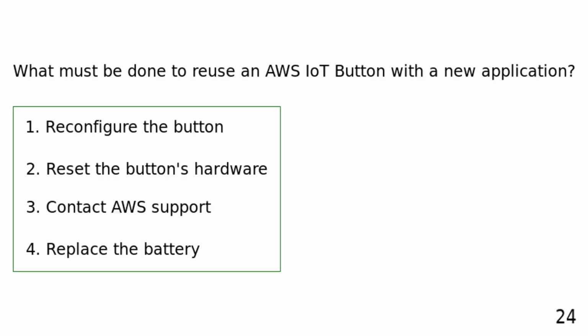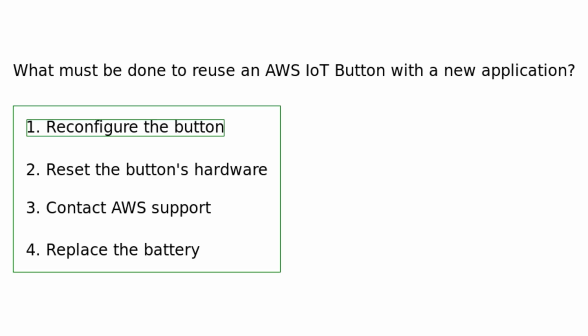What must be done to reuse an AWS IoT button with a new application? Reconfigure the button. Reset the button's hardware. Contact AWS support. Replace the battery. To reuse the AWS IoT button with a new application, you must reconfigure it to trigger the new application's Lambda